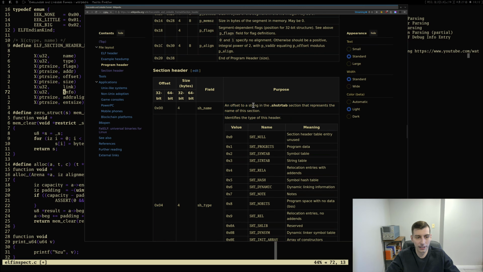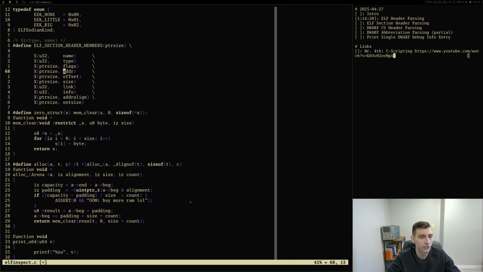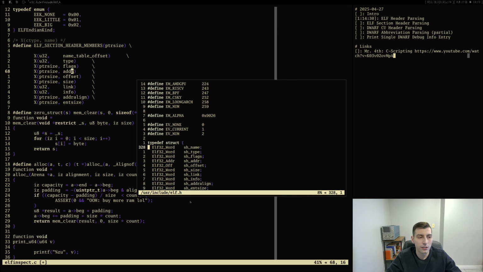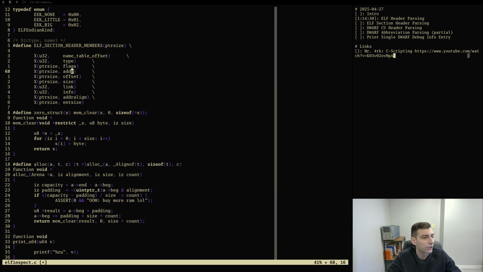Yeah, so this is an offset. Calling this name seems dumb. We don't want to do that. This is going to be name table offset. And then I shouldn't have actually closed that because I want to